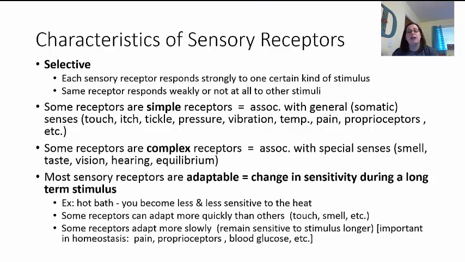Proprioceptors are the same way. They're going to adapt slowly because we want to always know where your arm is, your leg is, and so on. And even blood glucose. We don't want your blood glucose sensing to adapt too quickly, because if it adapts too quickly, a diabetic will just get used to having high blood sugar, and we don't want that to occur, because then they start to have more issues. All right, so it's a slow adaptation, but it still will adapt if we're not careful.